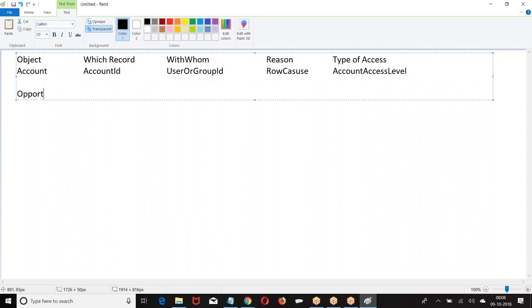If it is opportunity, tell me how it is going to be. Opportunity ID of the record which I want to share. ID of the user or group with whom you want to share. Reason for share. Opportunity.